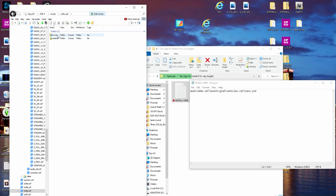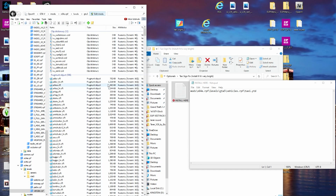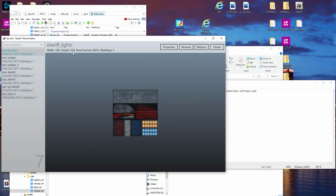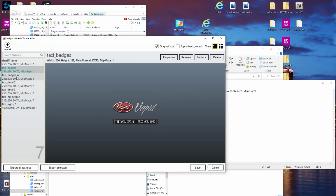Then you're going to go to levels. You're going to go to GTA 5. You're going to go to vehicles.rpf. And then we're going to go to taxi.ytd. So we're just going to type in taxi at the top. Make it easier on ourselves right here. All right. We're going to double click on that. And then you're going to go down until you find